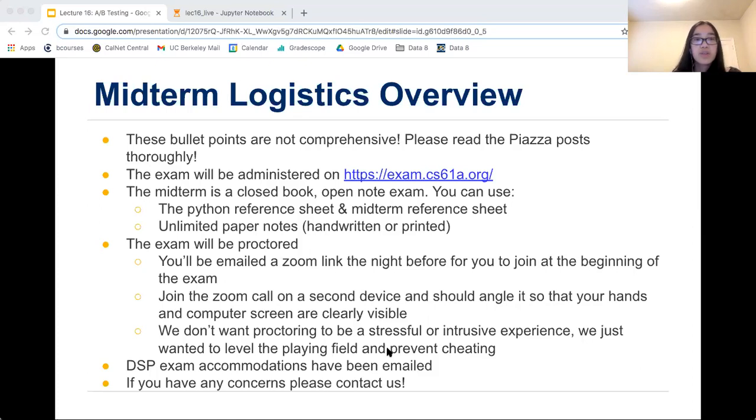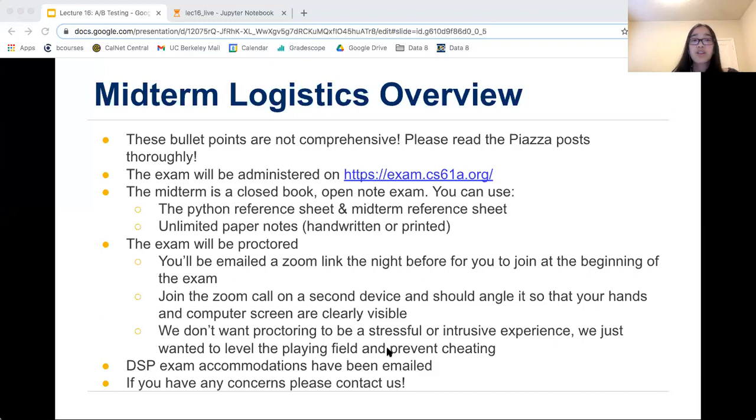You can use the Python reference sheet and the midterm reference sheet. You're also allowed to have unlimited paper notes, handwritten or printed, but you can't just open any of your past notes online. So if you have important notes that you want to use during your exam, I suggest you print that out.